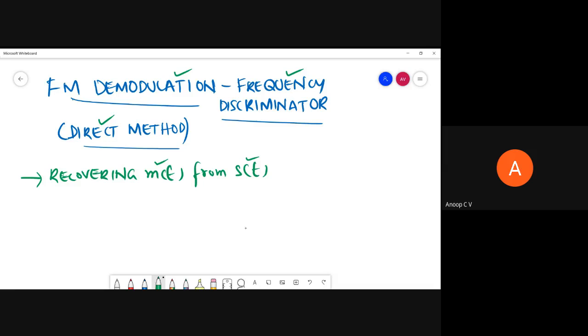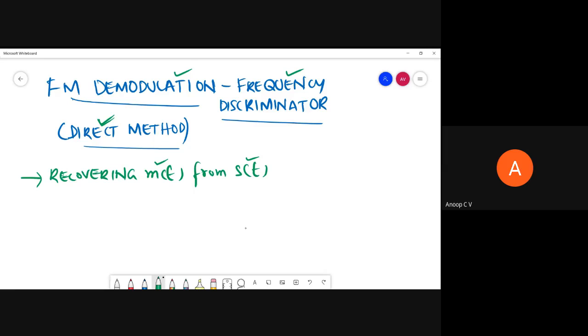It is exactly the opposite of modulation. What is modulation? From M of t and C of t, we get S of t. So in demodulation, from S of t we are supposed to get back M of t. I hope that part is clear. So this demodulation, especially the direct method of demodulation,